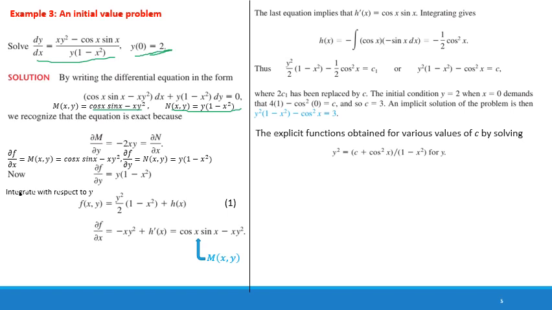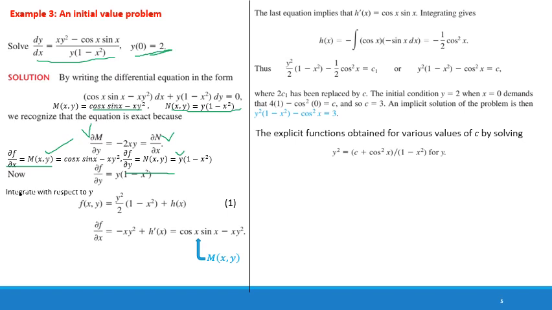This is an exact equation because partial m by partial y and partial n by partial x both are giving the same answer, minus 2xy. Now there exists a function f, such that partial f by partial x equals m and partial f by partial y is equal to function n. So in this problem we will use function n for the solution of the given differential equation because the integration of function n is easy as compared to function m, because function m involves trigonometric functions.